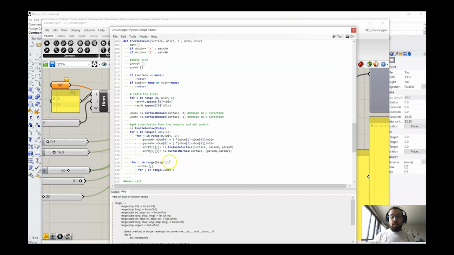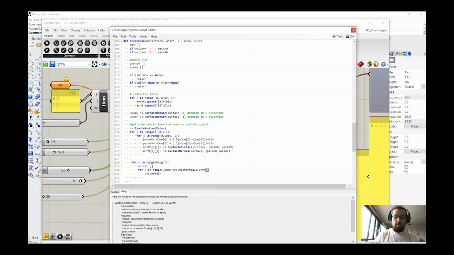Right. So this is why here in this part, each time you increase one i number, you will create one curve. Then if you go to the next row, another curve, next row, another curve, and so on and so forth. So we do that, and we will say that the vector normal, just like a parameter, equals rs dot vector scale, and we'll say that the rn i j